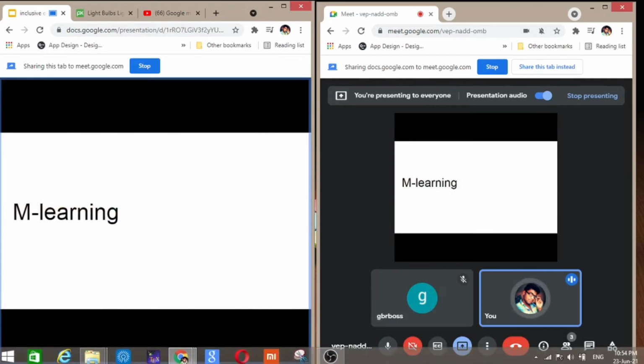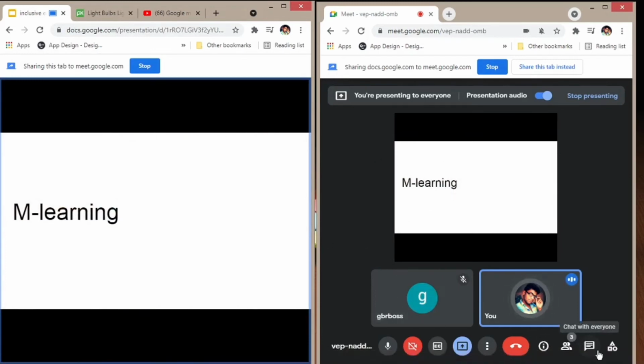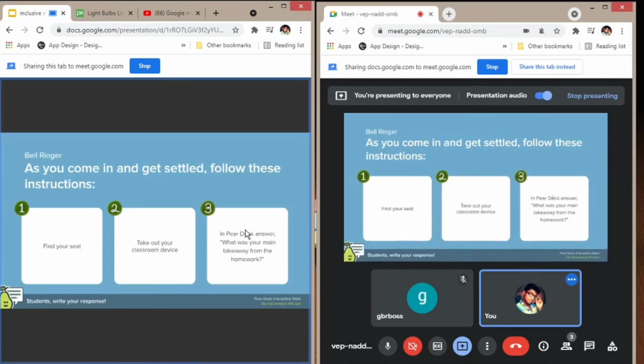Whatever it is, who is talking, who is not talking, who is messaging, who is not messaging, I can see it. Just by clicking my laptop keys I can move the presentation, and I can watch the videos and charts as well. This is one clear technique by which we can watch and see in parallel.